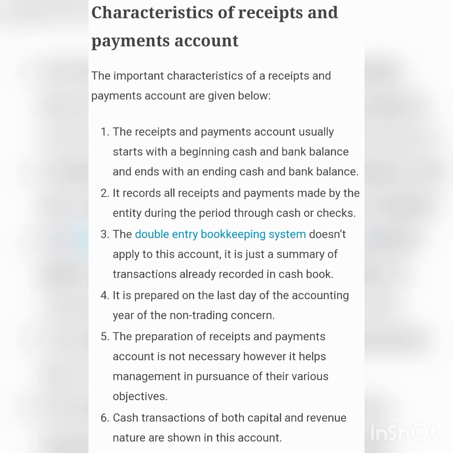The important limitations of receipts and payments account are: first one, it does not show expenses and incomes for the accounting period. Expenses and incomes of earlier periods and the following periods are also shown. Besides, the payments of liabilities and capital receipts are also shown in this account. It does not show whether the non-profit organization is able to meet its day-to-day expenses out of its income or not.